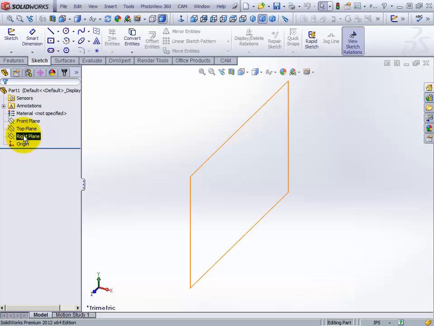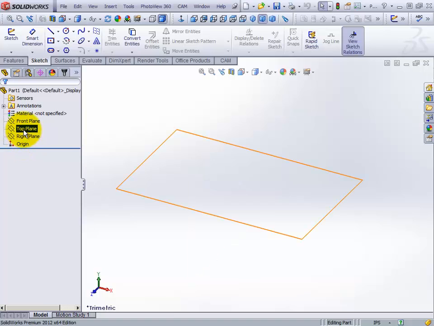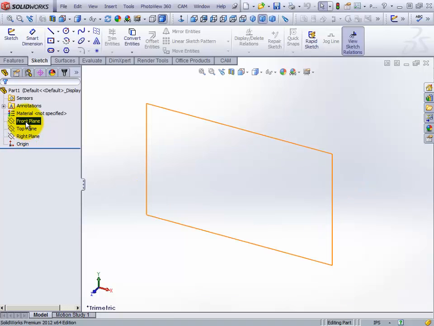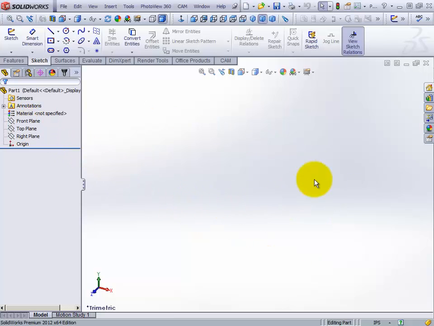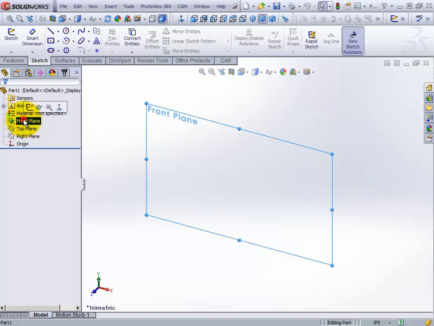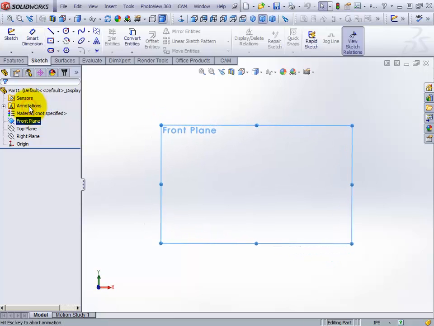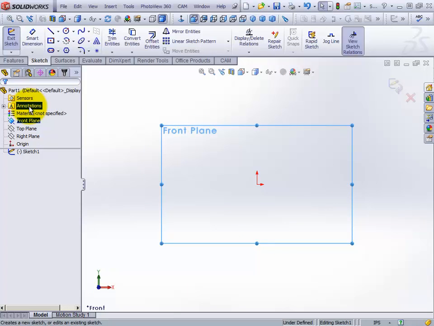So I have a choice of the right plane, the top plane, the front plane. We're going to use the front plane. If I was over here, I would just go over to Front Plane, and I want you to left click. And there's a few icons up here. We're not going to worry about any of them, but I want you to get used to this. You see the pencil drawing the blue line? Well, think of this as a pencil with blue ink in it, and it draws blue lines. Okay? So I want you to go ahead and left click that,